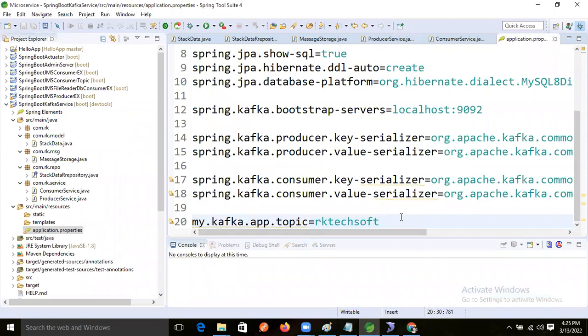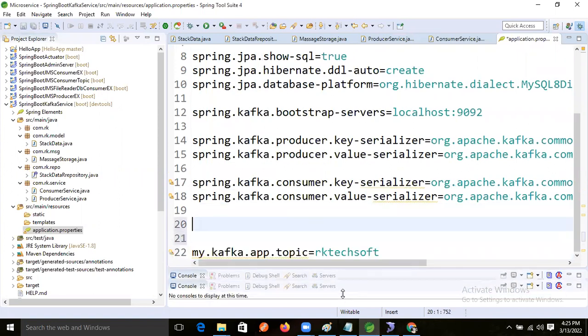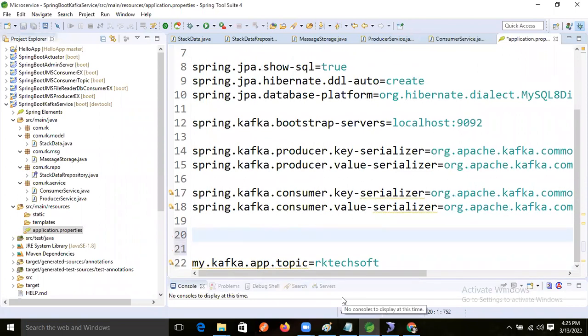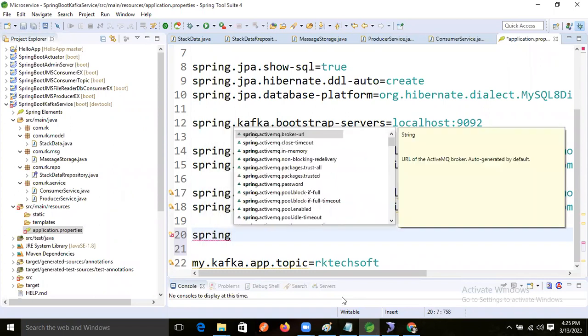If we want to group it, for that purpose one more key is there. Let's write that key also. This is for the consumer purpose only. What was the key? I forget that. Group ID, I think. Yeah, group ID. So see that spring dot